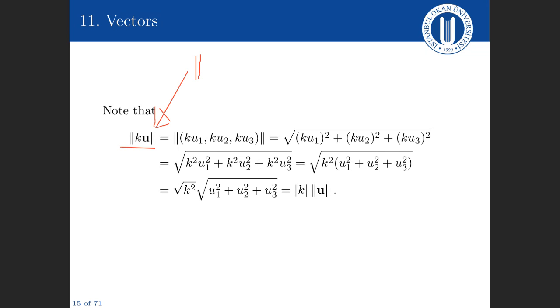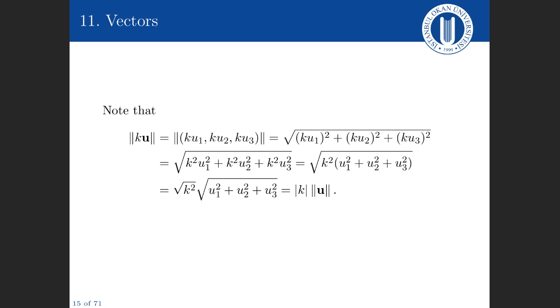This is the norm of the vector ku1, ku2, ku3, and using the formula, this is the same as the square root of ku1 all squared plus ku2 all squared plus ku3 all squared. Which of course is the same as the square root of k squared u1 squared plus k squared u2 squared plus k squared u3 squared. We can factor out the k squared, and then we can take this outside of the